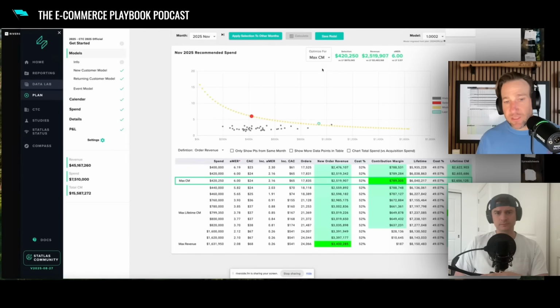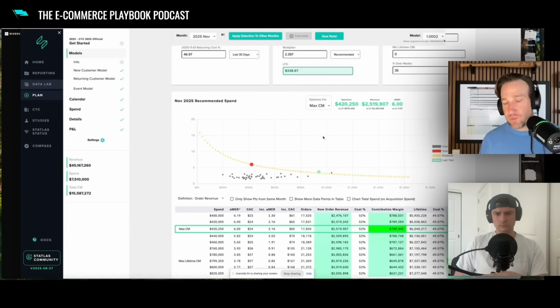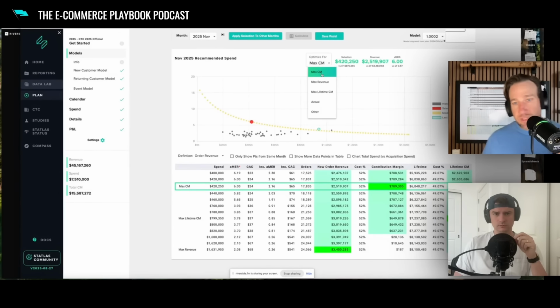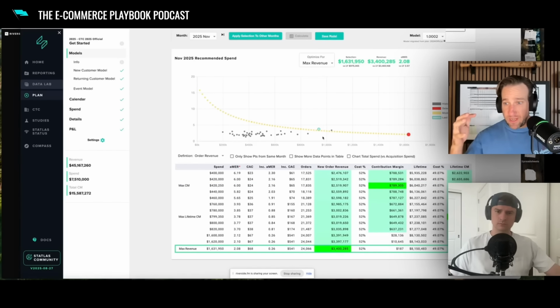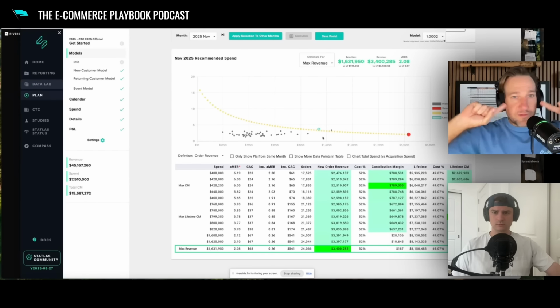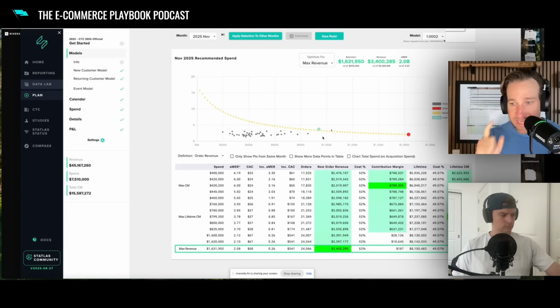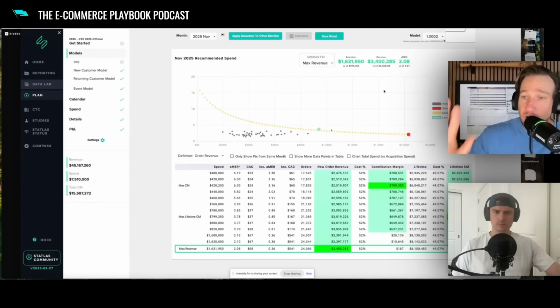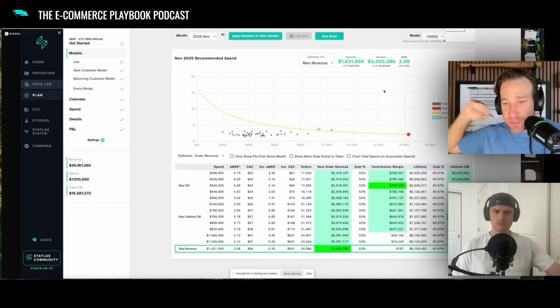We could do the same thing looking at contribution margin, and the point on the curve will change every time. This is really important, to help you understand what is the trade-off. And when we think about the impact of cost of delivery, this is a really under-considered point. When gross margin changes, your revenue potential changes. Let me say this again. When gross margin changes, your revenue potential changes. So we went from 3.6 million in revenue to 3.4. Why? Because you can't push as far out on the curve as you can when the gross margin is greater.